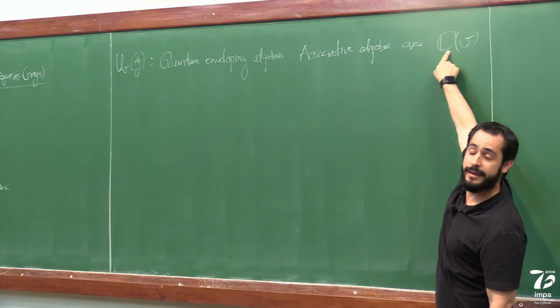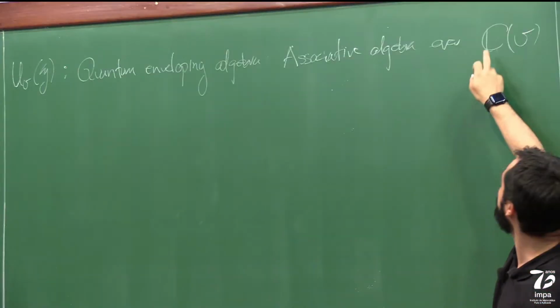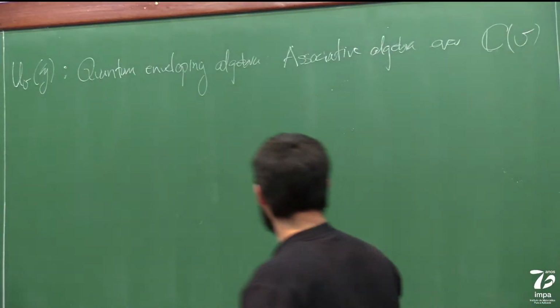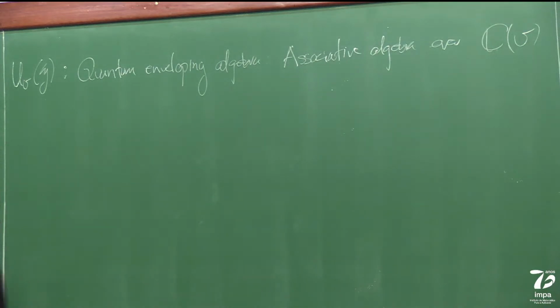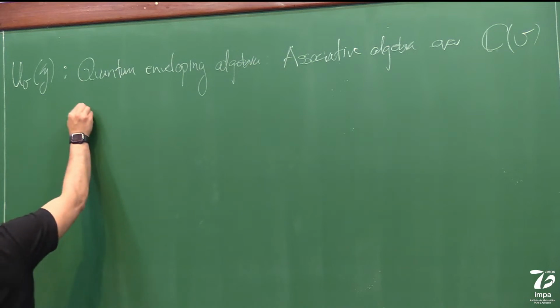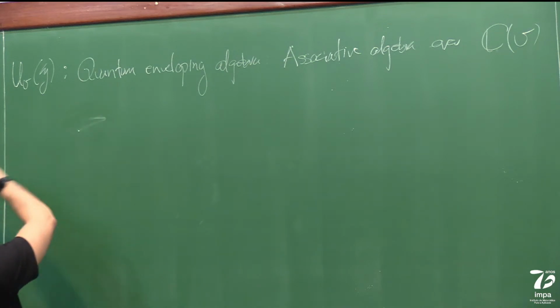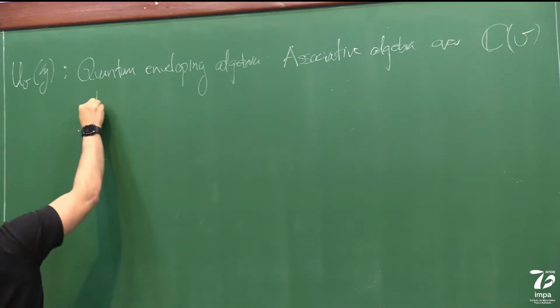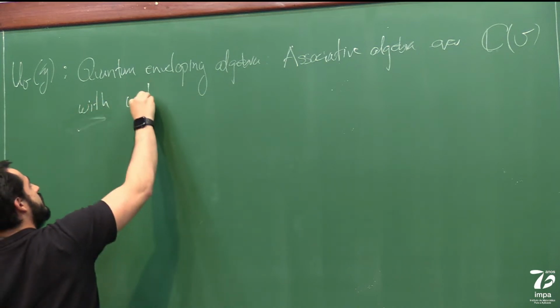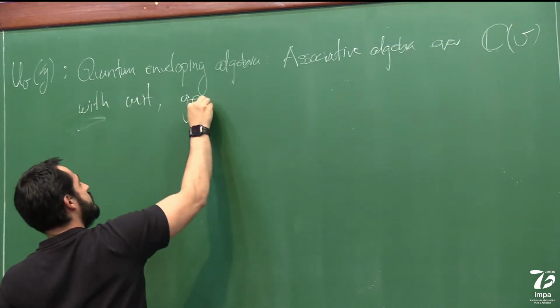This could be rational numbers, there is no trouble. But just to make things easier, I will work there. It is generated, over this, with unit, generated